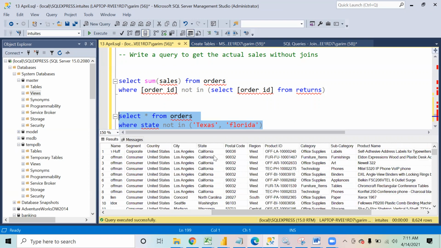I would have all the other states. This is the same thing that we've done over here. I want to fetch all those orders which are not in this list, which are not returned. And then we fetch the sales of that.